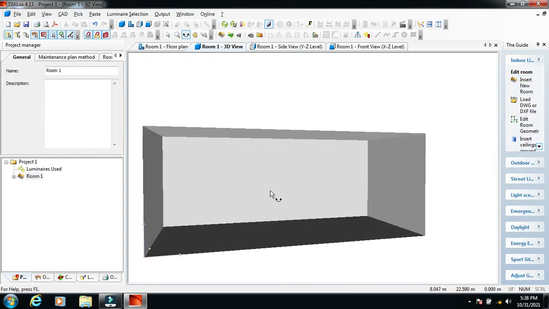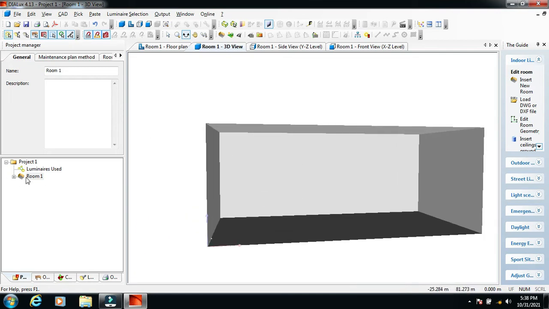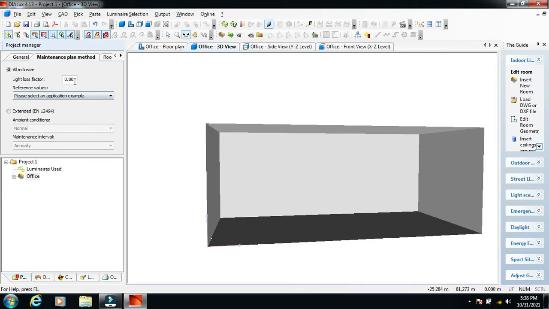So as soon as the room dimensions are mentioned here, you get a block. You can just put the description of the room. For example, I want to keep the room as office, and the description is this is an internal office. Now the maintenance plan method, as we have included there itself, this is 0.8. You can vary it. If it's a very clean room, it will be 0.8, exterior will be changed to 0.5, and interior or high pollution 0.5. So let's say we are using it for a clean room, so 0.67, or you can consider 0.8 based on the requirement.